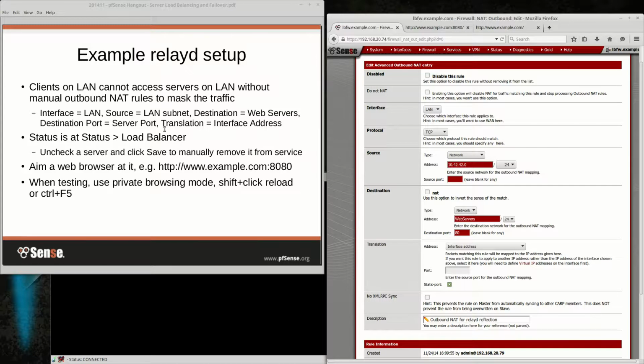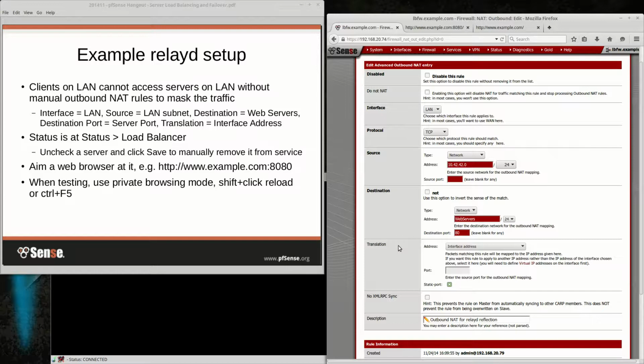And what that would let us do is the client request going to the RealAD out on the outside will hit that and bounce back toward the server. As that connection goes back to the server, leaving the firewall, this NAT will translate it so it looks like it came from the firewall itself. Now, the server will see the firewall's IP and return that traffic back to the firewall, where it will go back through NAT and come back naturally to the client, and everything will work just fine.